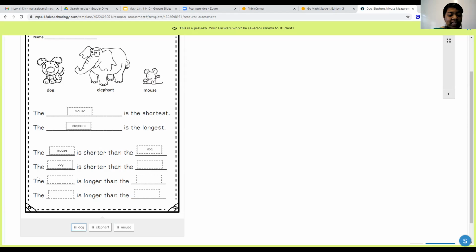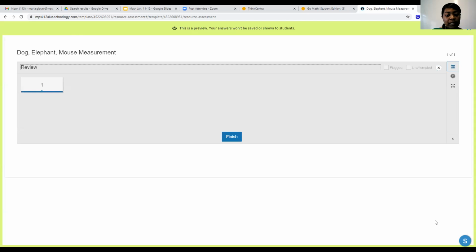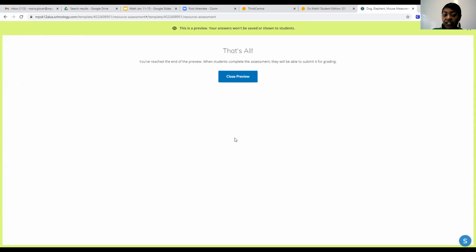Let's start off with this one. The blank is longer than the, okay? So we know that the dog is longer than what animal? Is it longer than the elephant or the mouse? It is longer than the mouse. Now, we know that the elephant, what is the elephant longer than? It's longer than one of those animals. You take the word and you drag it. Make sure that you review and make sure that you finish your